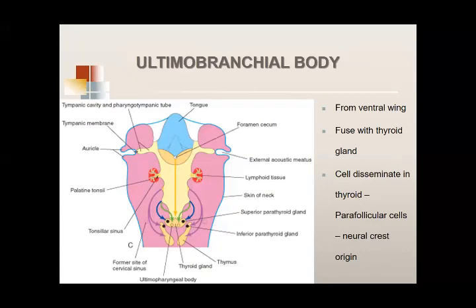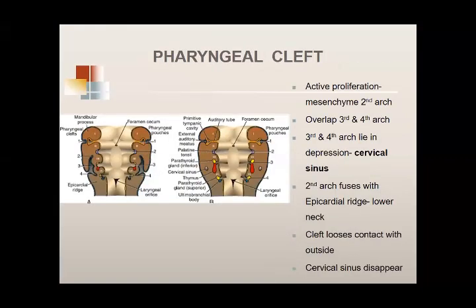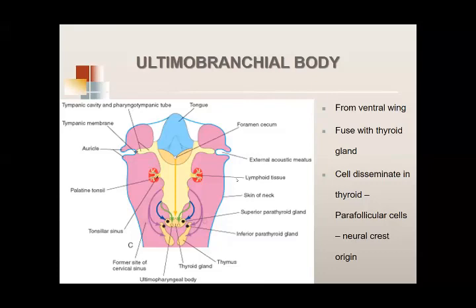Good. That's very good. Okay, we were talking about the ultimobranchial body from the ventral wing. Now this develops from the ventral wing of the fourth pouch. I'm sorry. As the structures developing from the fourth pouch move medially and pass behind the developing thyroid gland, the superior parathyroid comes to lie behind the developing thyroid gland. So the ultimobranchial body that developed from its ventral wing also passes behind the